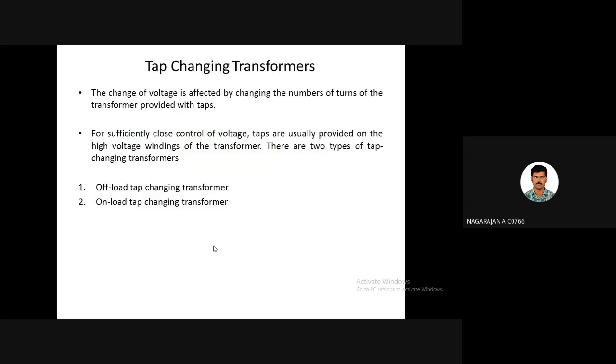From the name itself, you can understand what it could be. The difference between a 2-winding transformer and an auto transformer is, in a 2-winding transformer, the output voltage is always fixed. It is based on the number of turns. You know that very well. For example, if it is a step-down transformer, primary side I have 200 turns, secondary side I have 100 turns. This transformer is designed with an EMF per turn ratio of 1 volt.